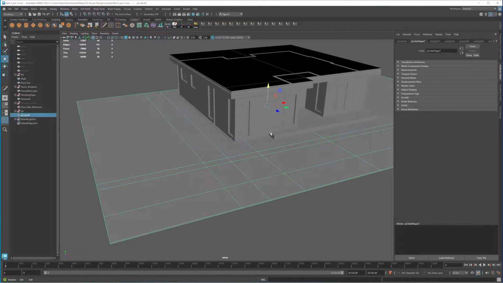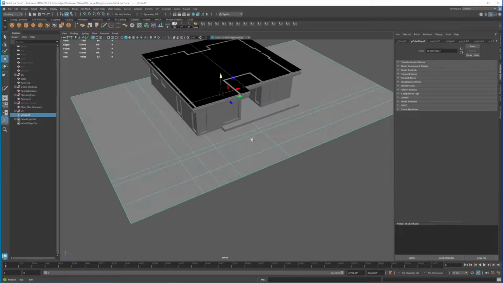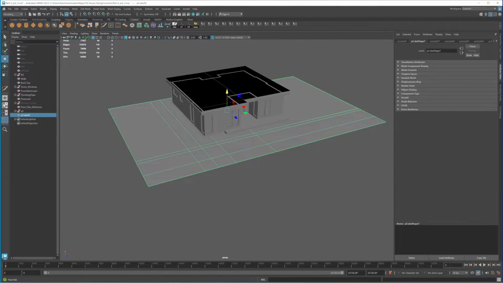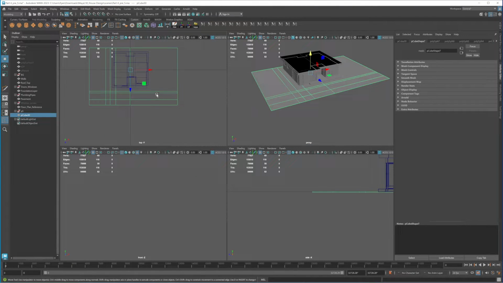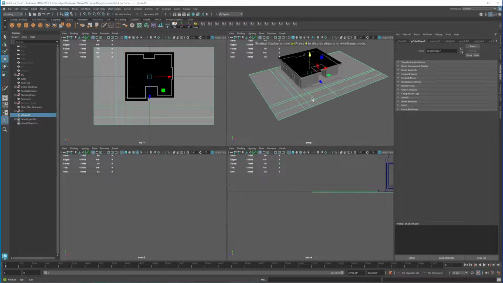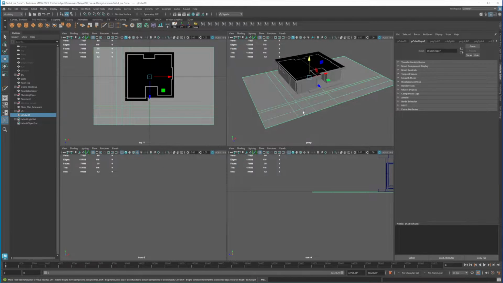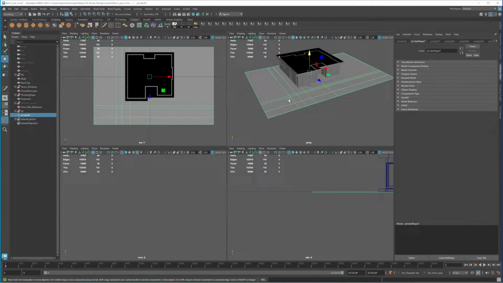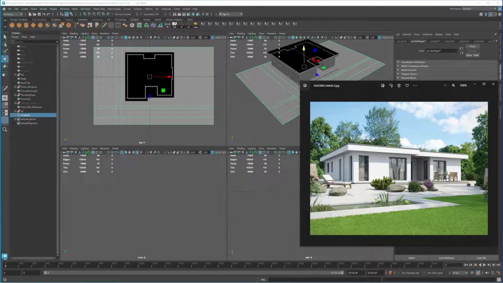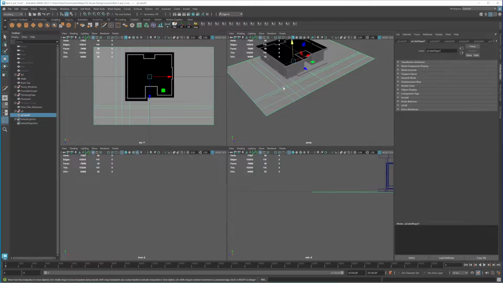Now we need to start blocking out, cutting out all these spaces here. I want to do this from the top view. So I want to get that shaded, and you can see probably this part here.